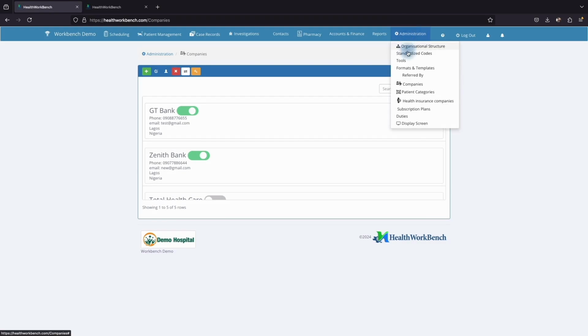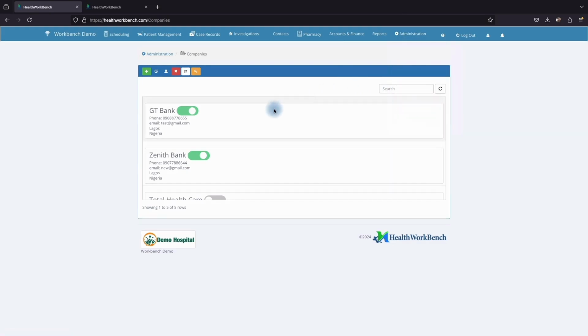Under the administration model, let's talk about companies, which is already open. This is where you can register companies that want to subsidize or pay the medical bills of their employees. You can use this Add button to add a new company,